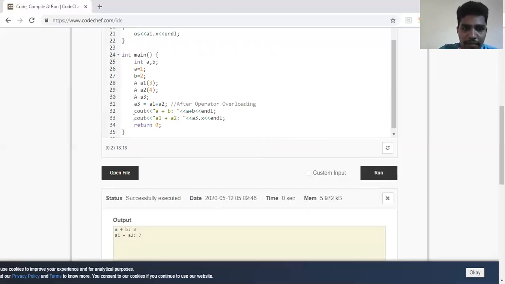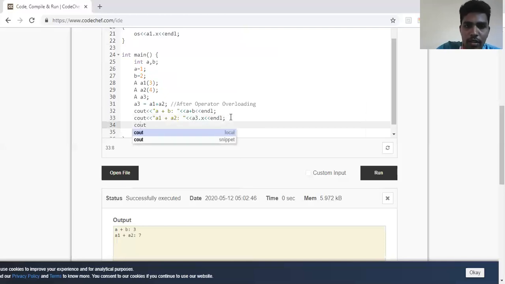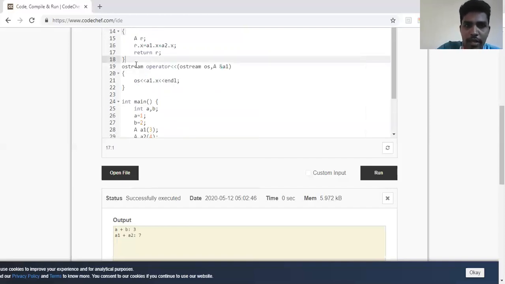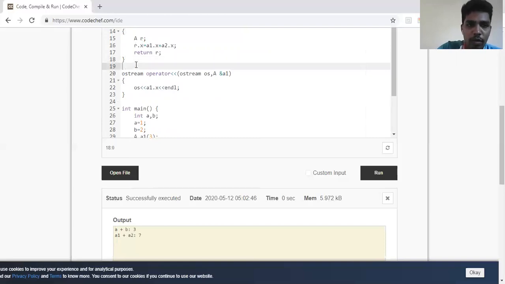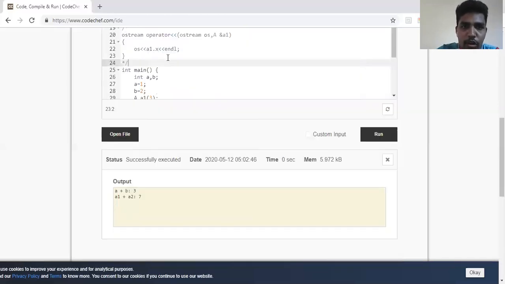So I'm getting the answer for this line. So now I have to convert this line to cout. So what happens if I directly give a1? a1 is an object. So I'll comment this particular function overloading for the insertion operator. So you can see here directly I'm writing a cout statement. I want to print the object.